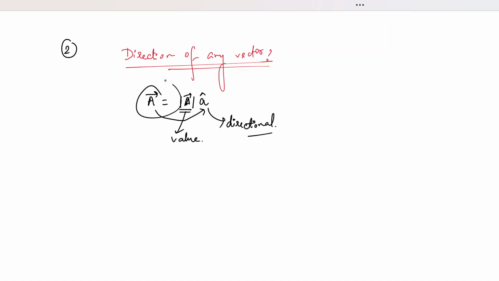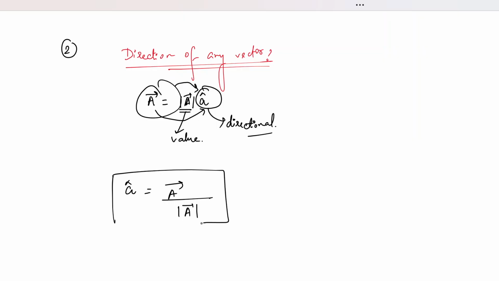So for a vector, its unit vector is its direction, which is expressed by small a cap, as I have expressed here. So how do you get the unit vector's value? This a cap is basically your a vector divided by the modulus of a. This is the general idea: if you want the directional information of any vector, expressed in its unit vector form, you have to take the main vector expression, which is the a vector, and normalize or divide it by the modulus of the a vector. This is a simple idea.